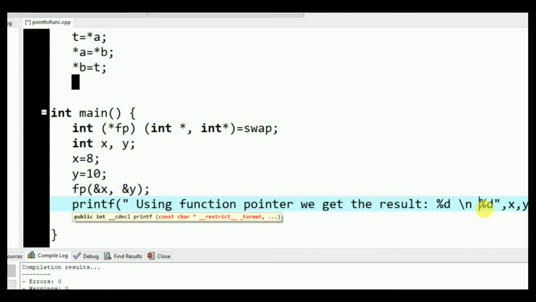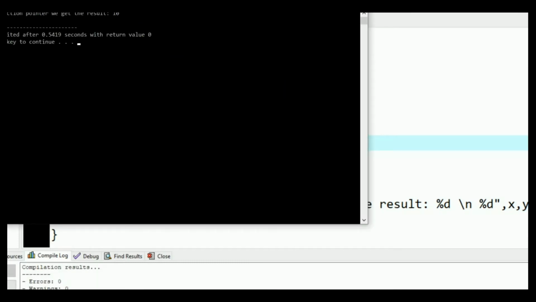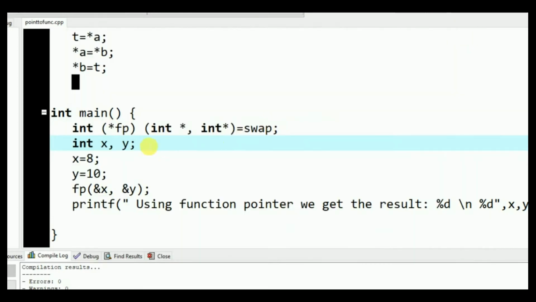Okay, so let's see. The swapped numbers are 10 and 8. I gave it as 8 and 10, no? So it is 10 and 8. So this is how you use